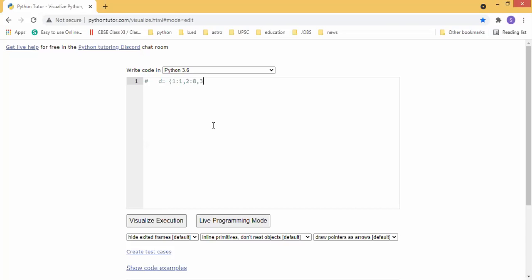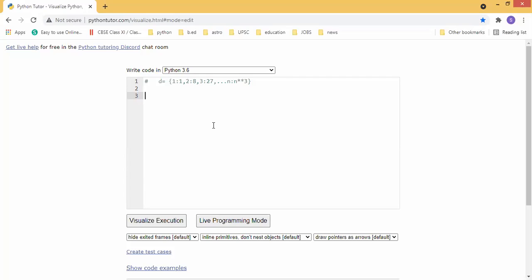Like this it should repeat until n, and n should be taken from the user input. What is the 3 cube? 27. So like this I need up to n as the key and n cube as the value. Students understood? Yes, sir.